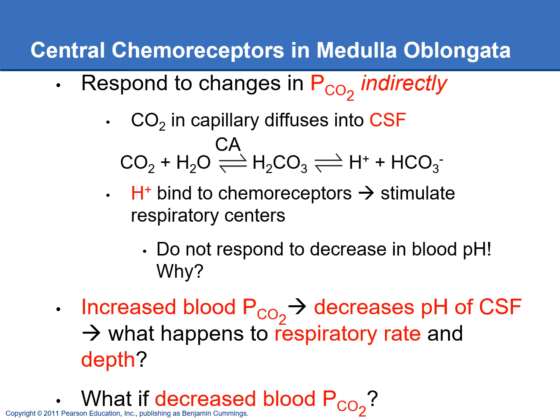And the reason that you get that response is that you have too much CO2 and you want to get rid of it. You want to exhale it. So by getting rid of that CO2, you're going to drive this chemical reaction to the left. So it'll go in the reverse direction. And if you go to the left, notice that your hydrogen ions, which you have too many of, on the other side, they disappear. So that will help bring the carbon dioxide levels back down to normal